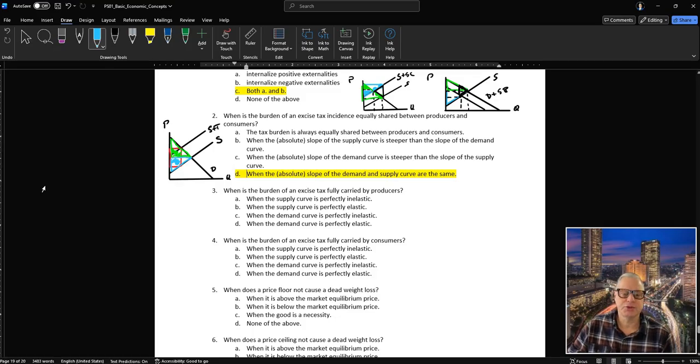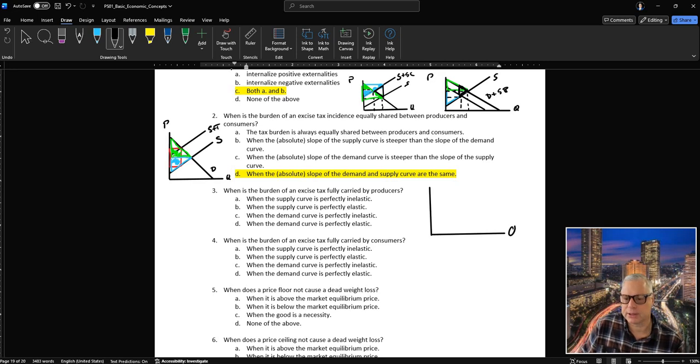And then likewise, when is the burden of an excise tax fully carried by producers? That is the case when the supply is perfectly inelastic. So if, let's say, this is the supply function, and that is often the case in agriculture, and let's say this is the demand function. So now, if this is the price,